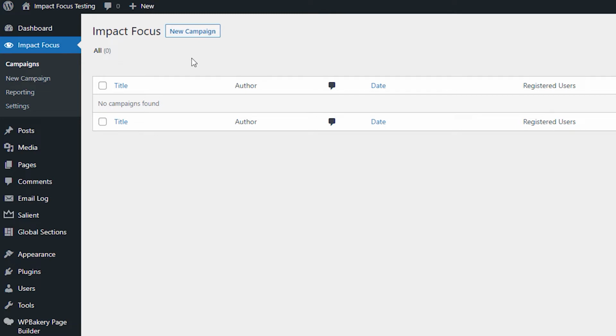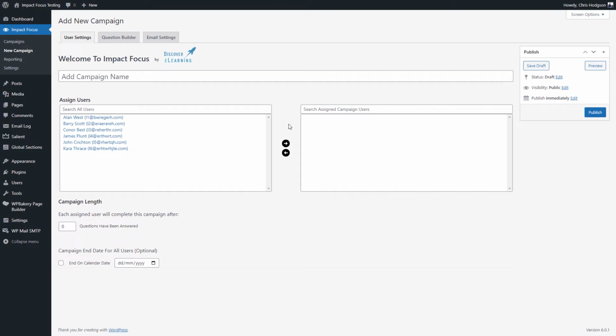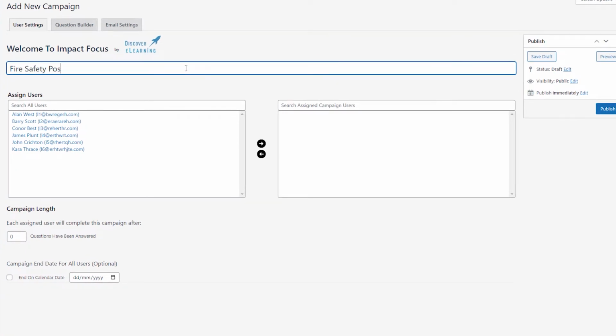Let's go ahead and set up our first knowledge retention campaign and the daily quiz questions that we want users to engage with every day via email in order to reinforce their learning and confidence for any particular topic. I'm going to create a new campaign designed as a follow-up to a fire safety e-learning course, which is going to give us the metrics we need to demonstrate how effective our online training has been with our staff and where further support may be needed.